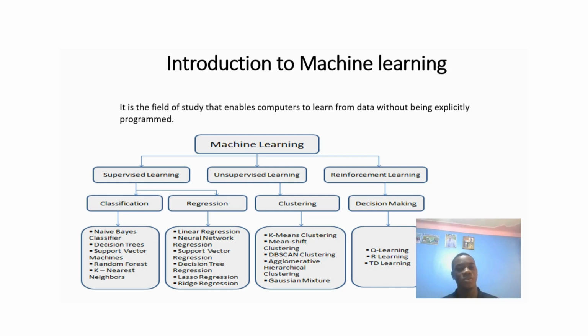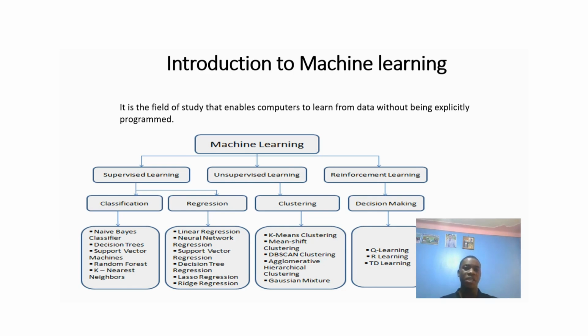Supervised learning is classified into classification and regression. Then unsupervised learning is classified into clustering, association, and decision making. So in classification for supervised learning, we have the different algorithms that the model can use